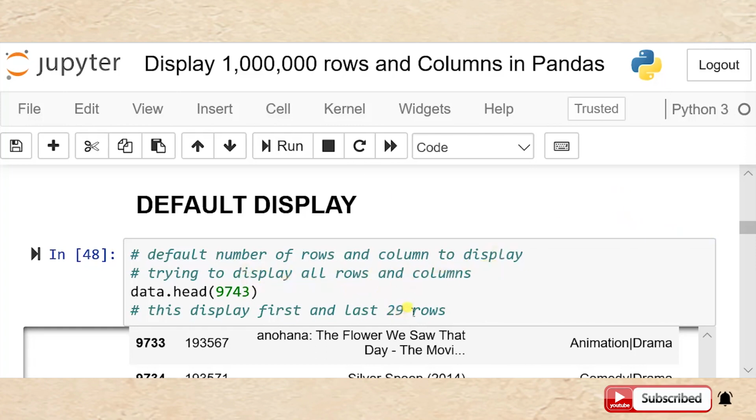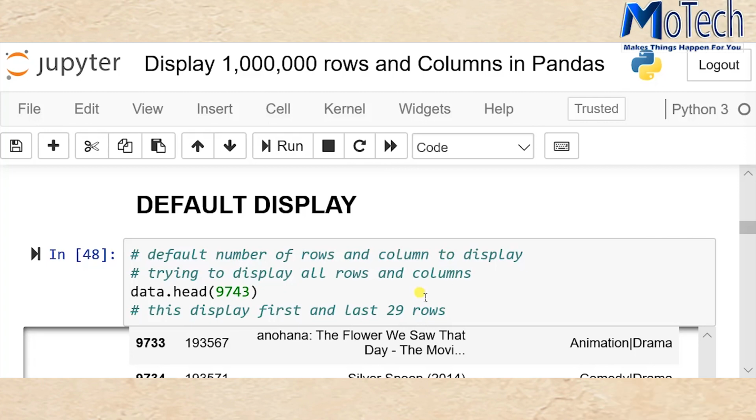Trying to display all rows and columns, but it will not show all rows and all columns because of the default maximum number of rows to be displayed. So if we run this cell, it will show only the first 29 rows and the last 29 rows.